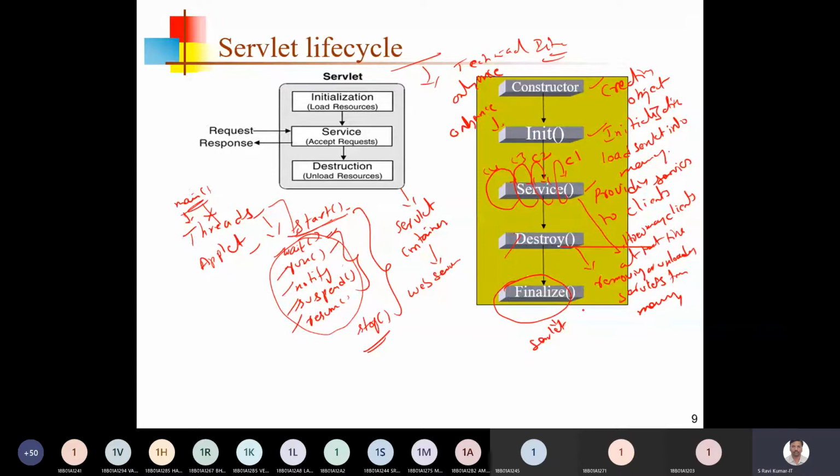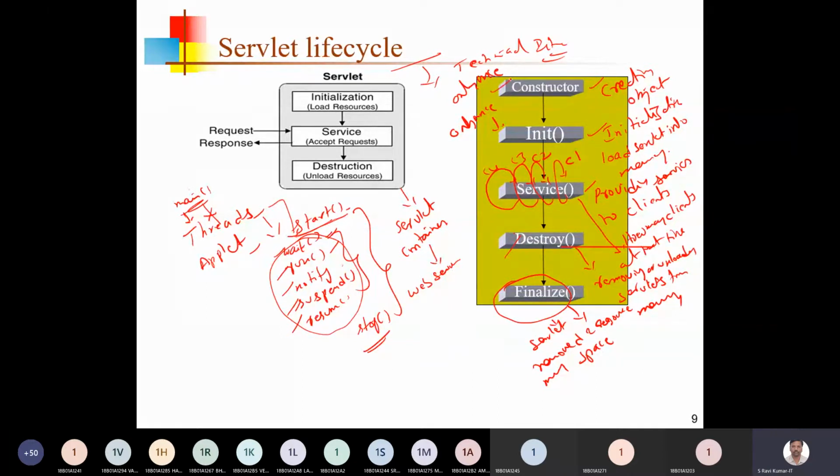the servlet to release complete memory space for that object. Upon the servlet, the finalize method will remove the memory space as well as resources, if any are there. Those resources will be released, and the memory space will also be released from the servlet. So these are the different kinds of states for the servlet, and for each and every state there is a specific method.